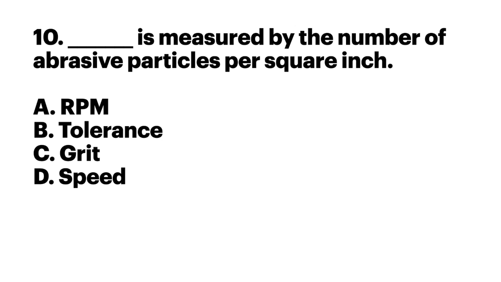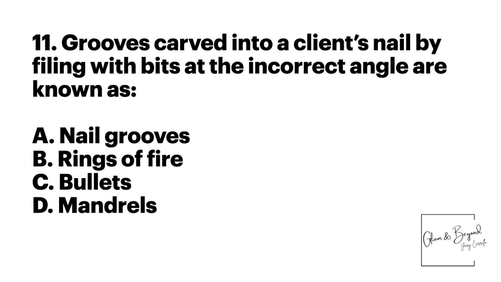Number 10. Blank is measured by the number of abrasive particles per square inch. A. RPM. B. Tolerance. C. Grit. D. Speed. The answer is C. Grit. Number 11. Grooves carved into a client's nail by filing with bits at the incorrect angle are known as